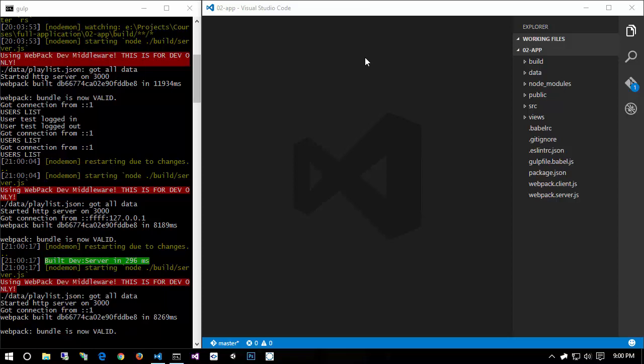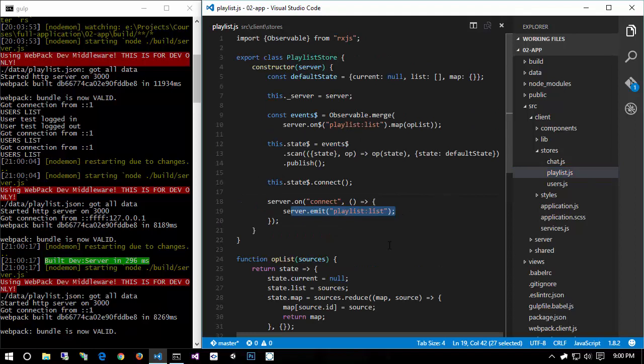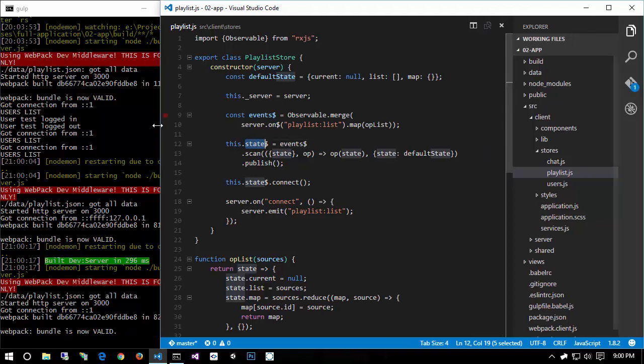Alrighty, in this video we are going to make our playlist items appear on the screen. So we already have access to that data. That data is being parsed and loaded in by the server, and it is being sent to the client in the form of our source client stores playlist.js. So when we do our connect, we emit a playlist list, and then we receive the playlist list event and tie it into our state property, which also publishes our awesome